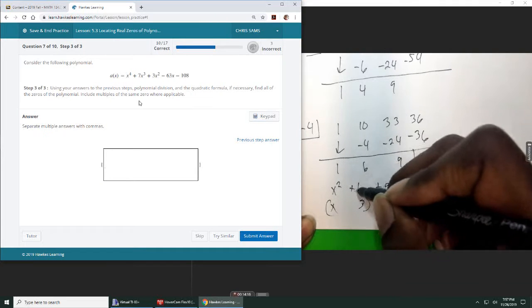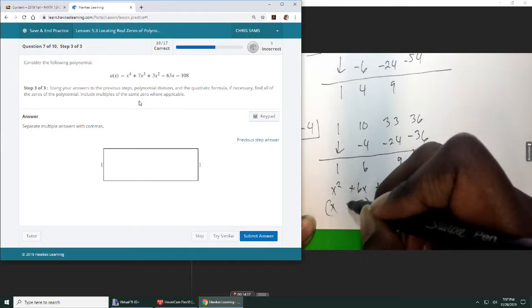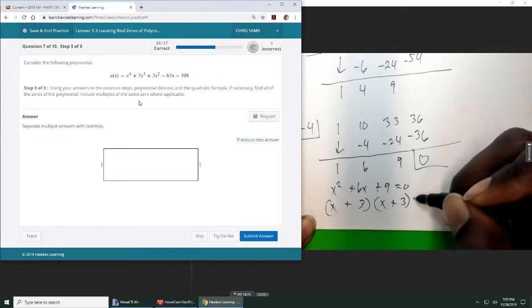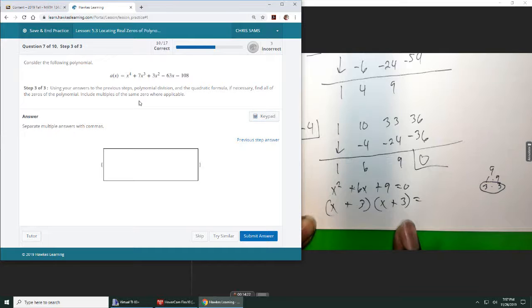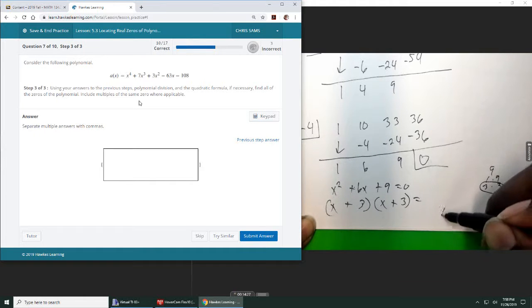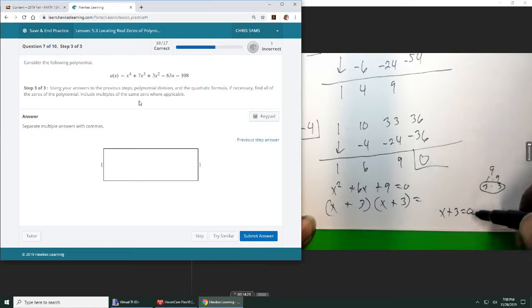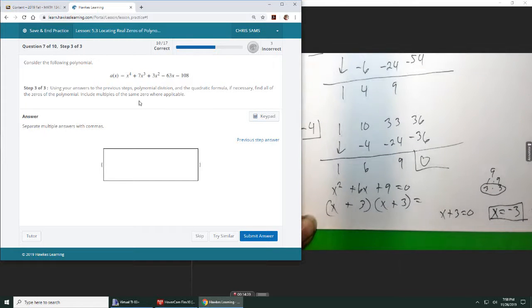In order to combine those to get a positive 6, they both have to be added together, and they both have to be positive. So here are my other 2 factors, x plus 3, which is x plus 3 squared. When you set each of these equal to 0, x plus 3 equals 0, you will get x equals negative 3. So it's a double root. You get it twice because it's the same thing. Okay, so our factors are negative 3. We found out that negative 4 works. So since negative 3 works twice,